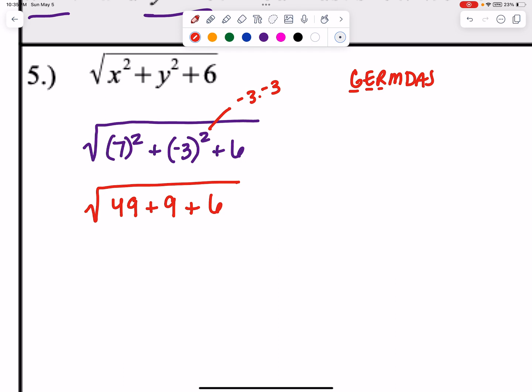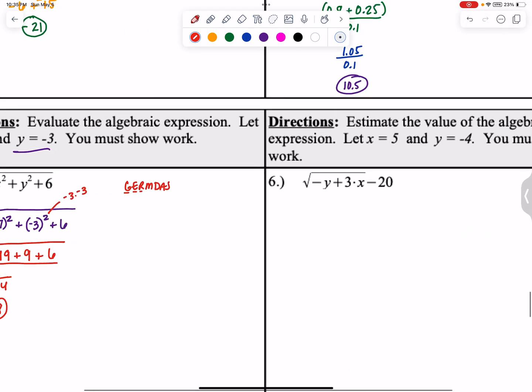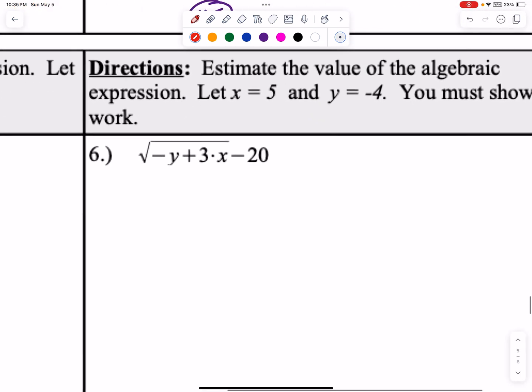So now we can go ahead and combine all those like terms, right? I'm going to do it with a calculator because I don't want to make a mistake, even though it's pretty easy to solve there. So we have square root of 64. What times what equals 64? 8 times 8 equals 64, and there we go. Okay, all right, let's go ahead and